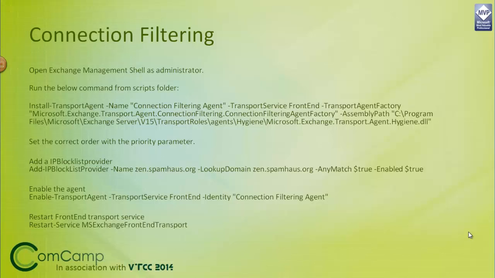Then enable the agent. Run the command enable transport agent and enable the connection filtering agent. Restart front-end transport service, and that's it. You are done with the connection filtering, and you can enable it. Alright,